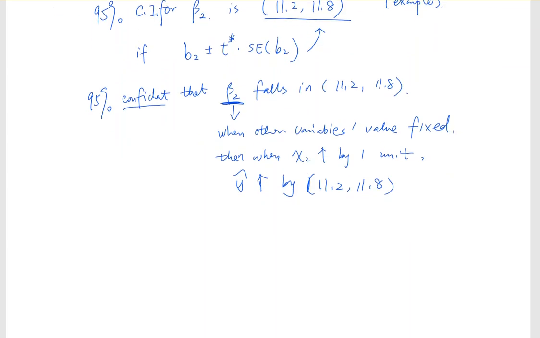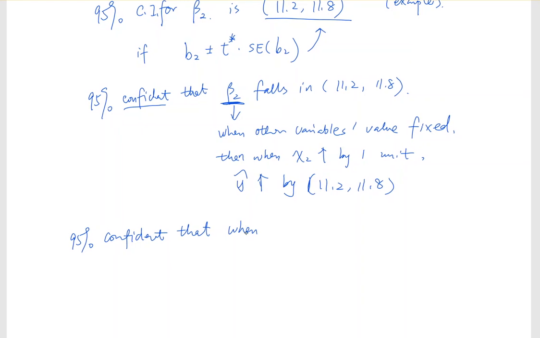So for example, if this confidence interval is for the living area, then we say we are 95% confident that